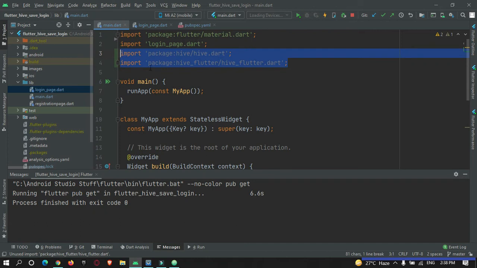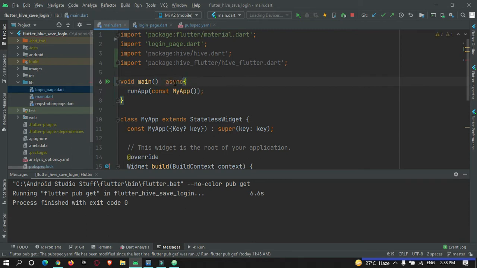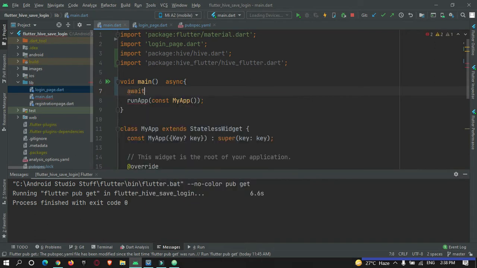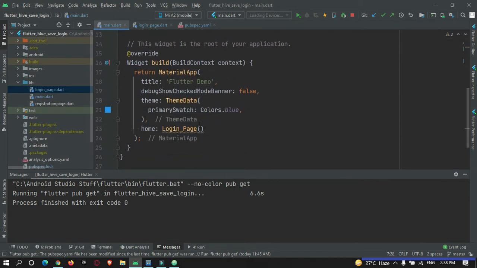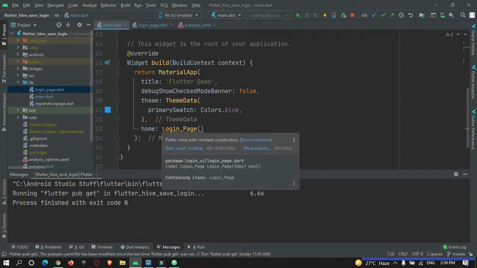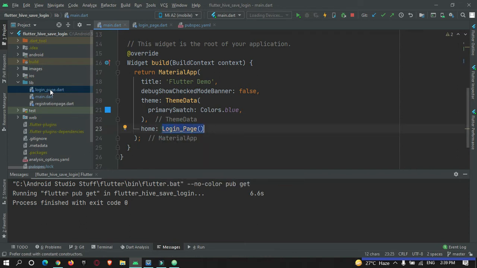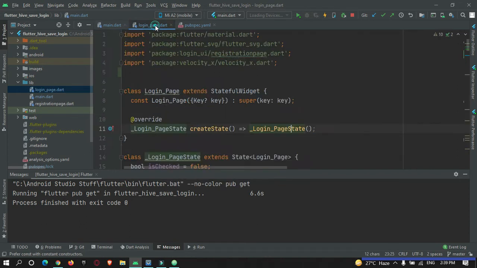Import these two packages and, before starting your app, convert main to asynchronous and initialize the Hive database with await Hive.initFlutter(). By doing this your database will start. As you can see, when our app loads we are going to load our login page. So let's go to our login page.